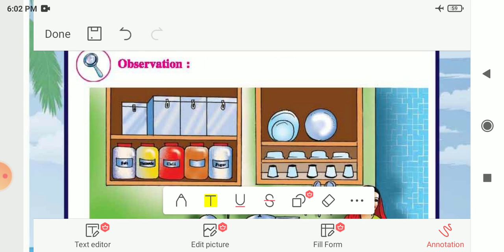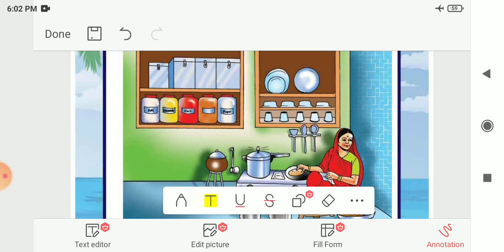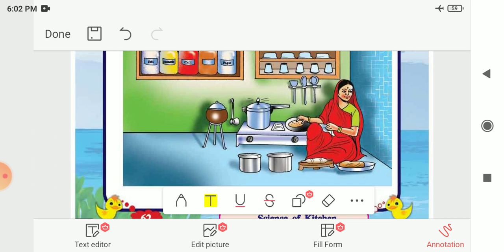Here one picture is given to you. In this picture you can see that it is a kitchen. One woman is there who is cooking the food. She is roasting the chapatis. Something is cooked in the pressure cooker. Then